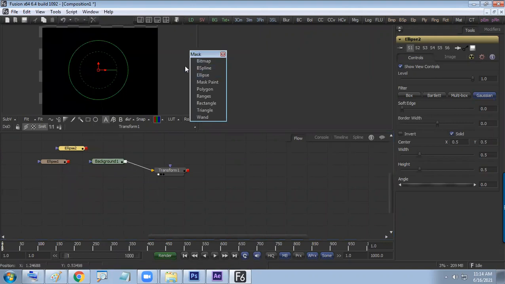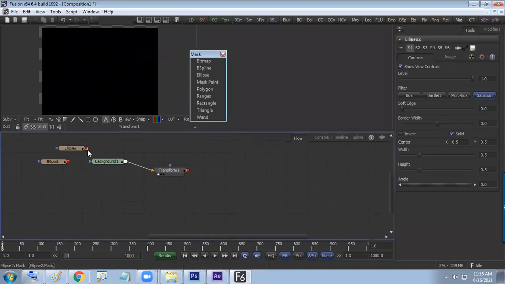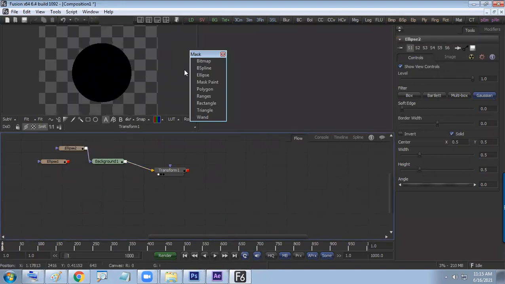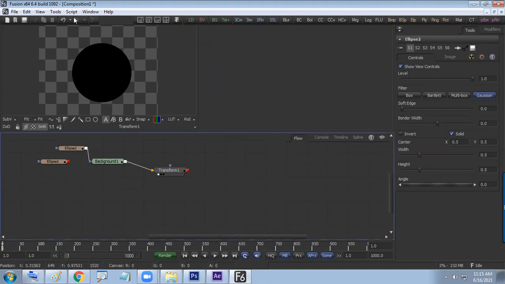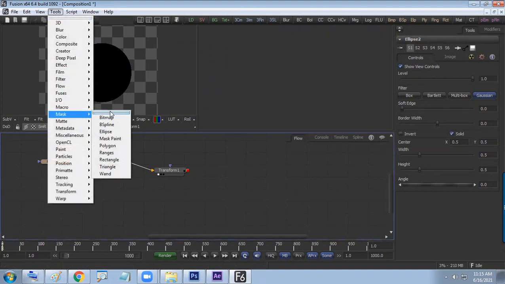In After Effects also we have learned about the mask, and there is shape mask. Shape tool is there. Ellipse, rectangle, all things are created. Here also the same, and that could be used here to get a circular shape. So hope it is not a new thing for you. We have already learned in After Effects with the name called shape. The same shape tool is here in the form of mask.